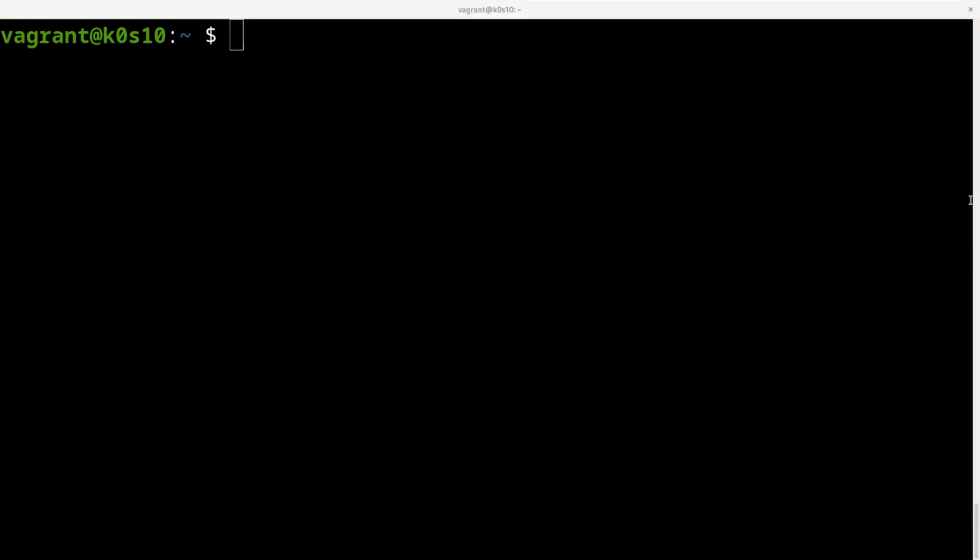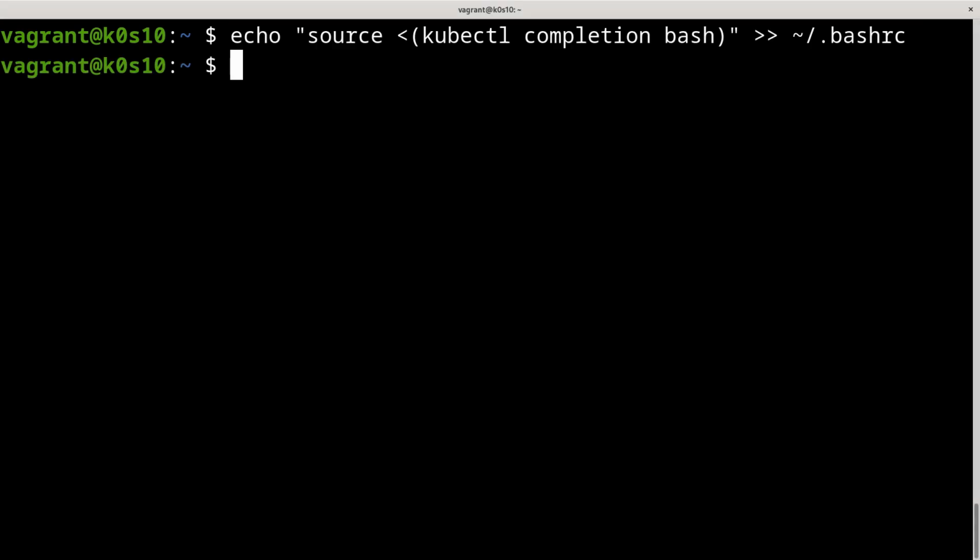And after that, we want to add one line into our bashrc, to add the kubectl completion bash, like here.